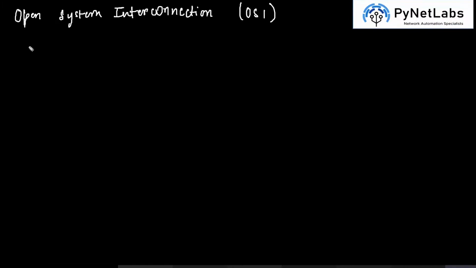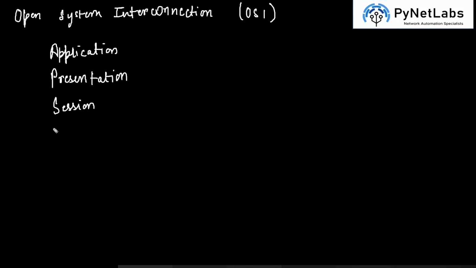There are 7 different layers, starting from the application layer, then we have the presentation layer, then we have the session layer, then after that we have the transport layer, and